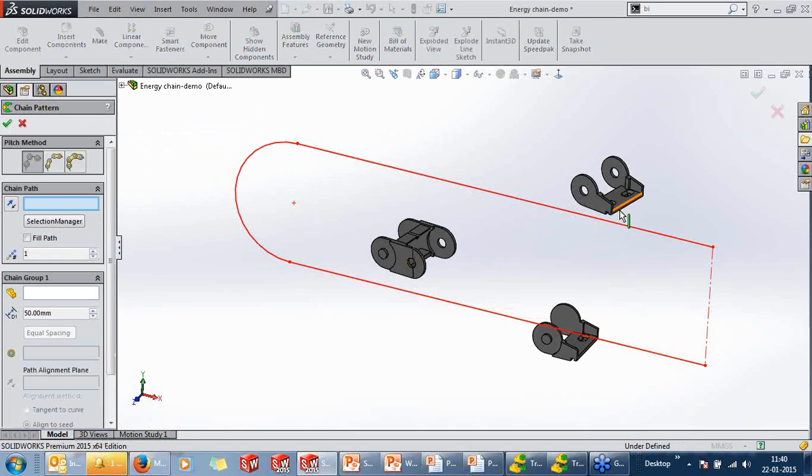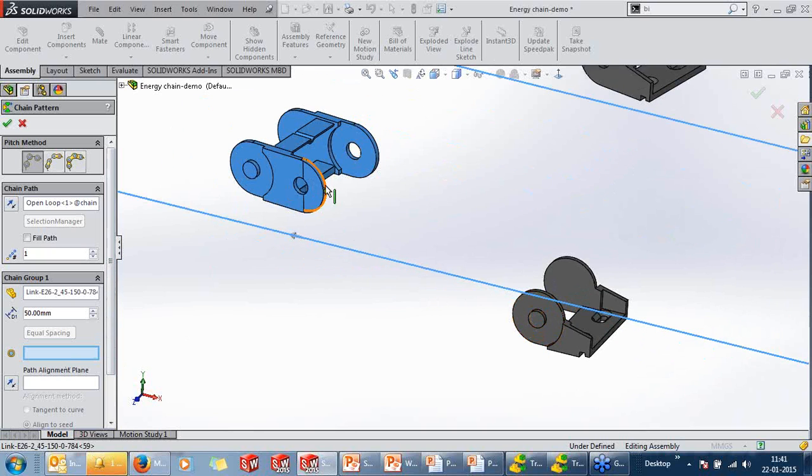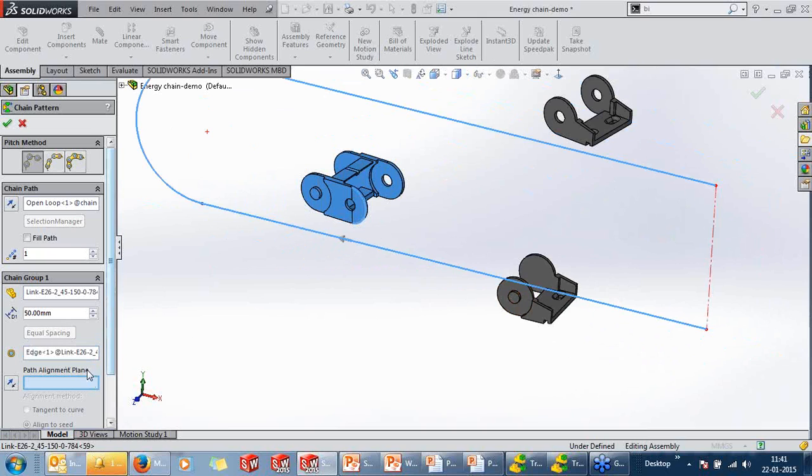Because this is an open loop, using the selection manager, you can select the path. Select the link to be patterned, specify a vertex, also specify a direction of pull. We'll give a plane for this.